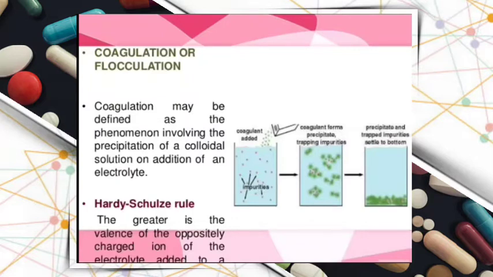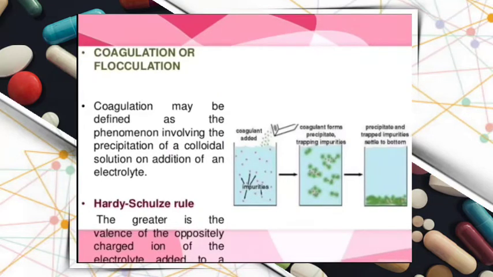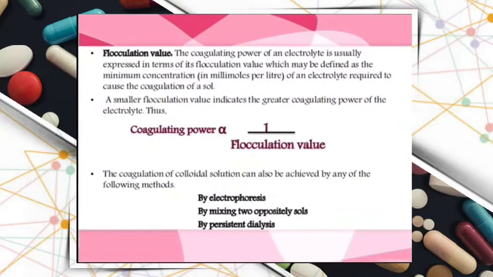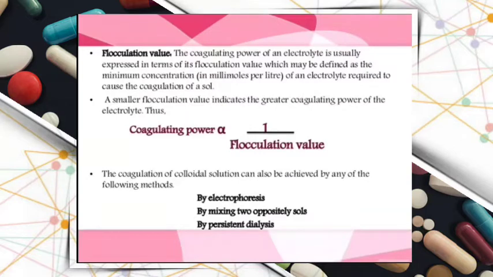Then coagulation or flocculation. Coagulation may be defined as the phenomenon involving the precipitation of a colloidal solution on addition of an electrolyte. Then Hardy-Schulze rule: the greater the valency of the oppositely charged ion of the electrolyte added, the greater is its coagulating power. Then flocculation value: the coagulating power of an electrolyte is usually expressed in terms of its flocculation